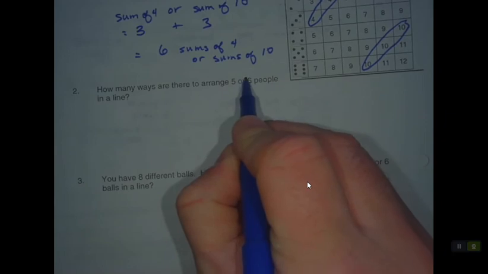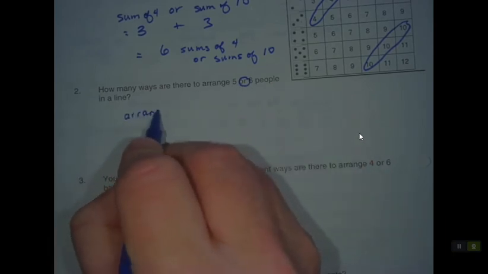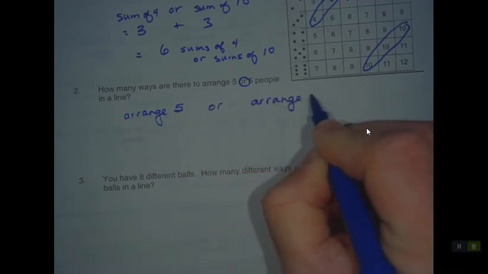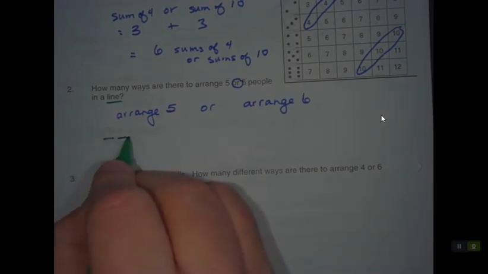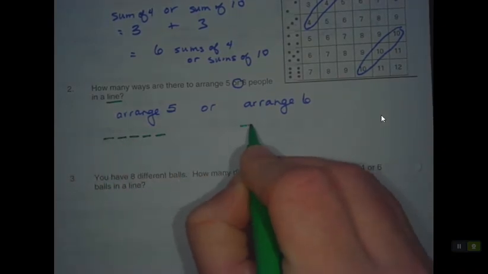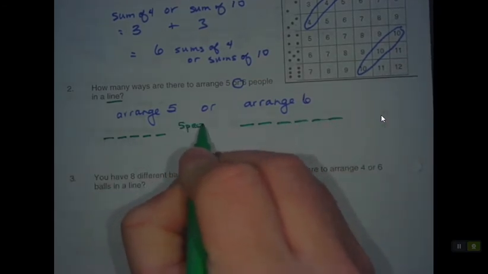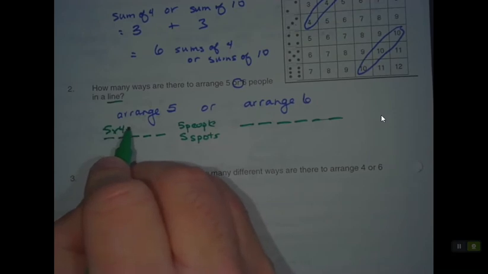So, how many ways to arrange 5 or 6 people? Well, we're going to arrange 5 or 6 people in a line. All right, arrange 5 or arrange 6, and we know we're going to add those up. But here's the other thing. If we're going to arrange them in a line, my fundamental counting principle is still going to happen here. So here I have 5 people, 5 spots. I'm going to be multiplying